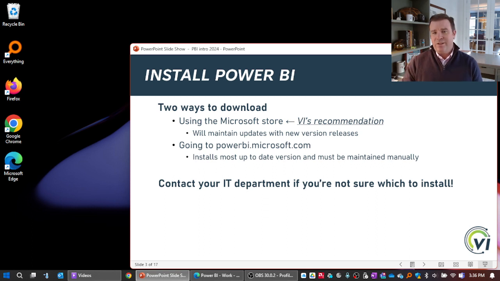I should mention, this only works for Windows machines. There is not a Power BI Desktop version for a Mac. So if you're coming to the class, bring a Windows machine or borrow one, or maybe you could steal one,